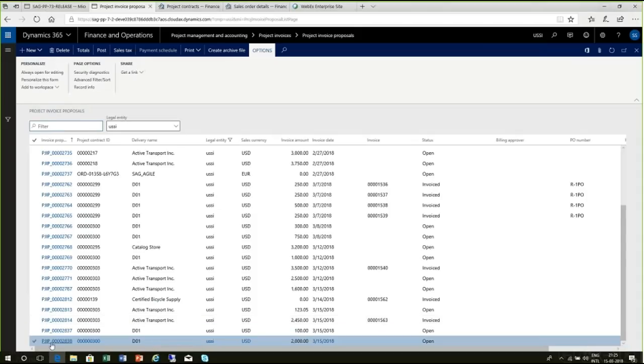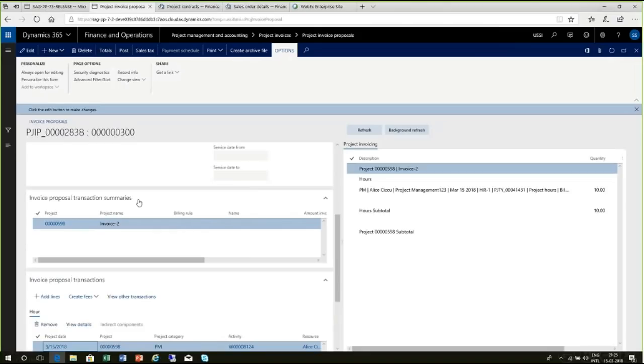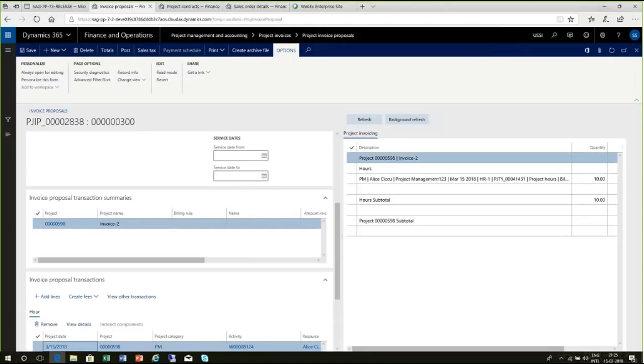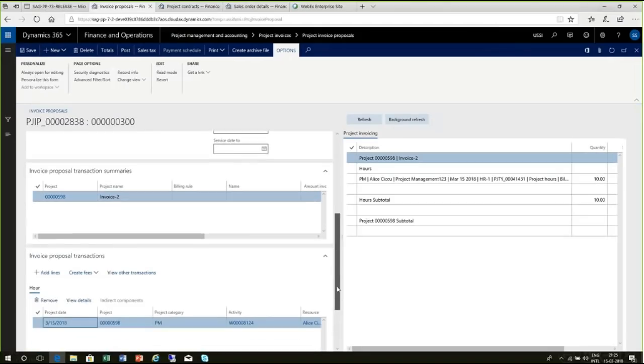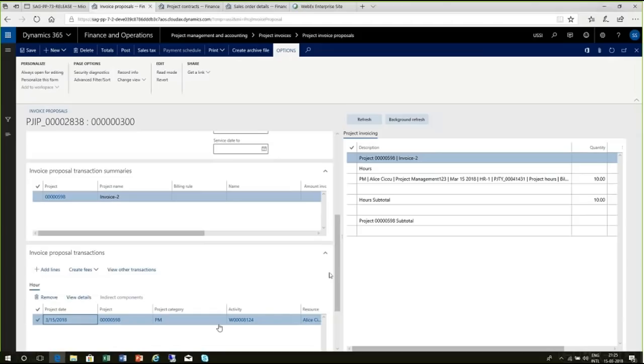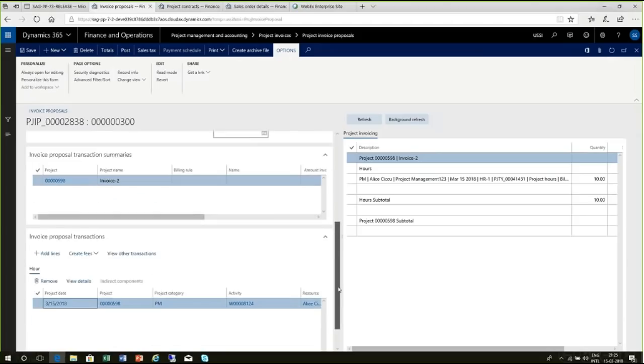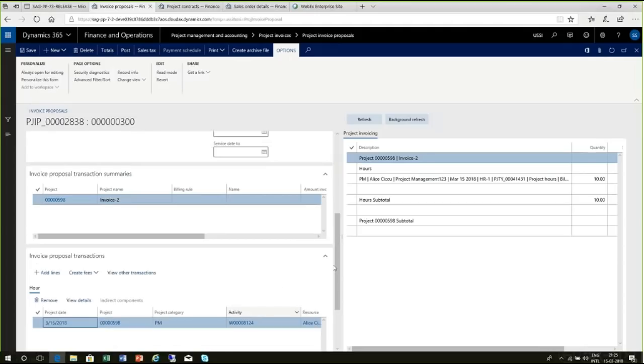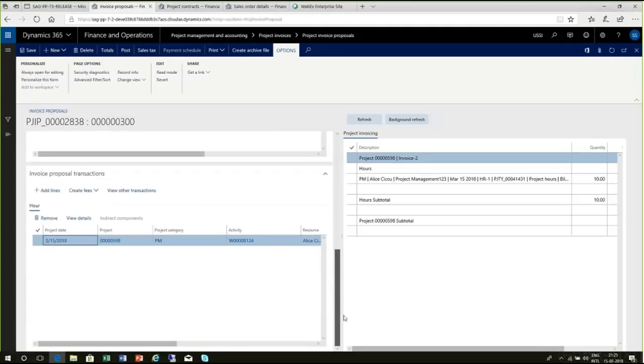I'll take one of the existing invoice proposals. If I click on edit, the requirement for us previously was that whenever I change something on the transactions within the invoice proposal form, I was covering this grid on the right side, wherein we are showing the total as the grouping of this transaction. So when I change something here,